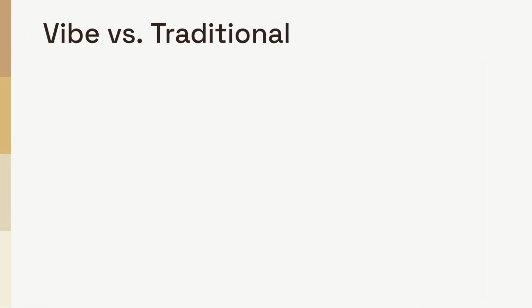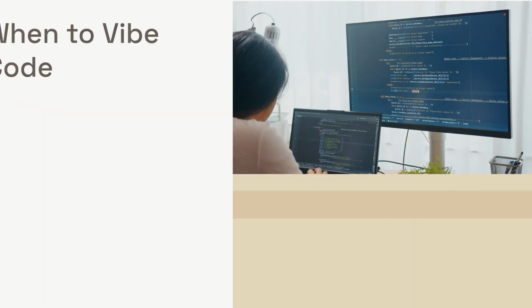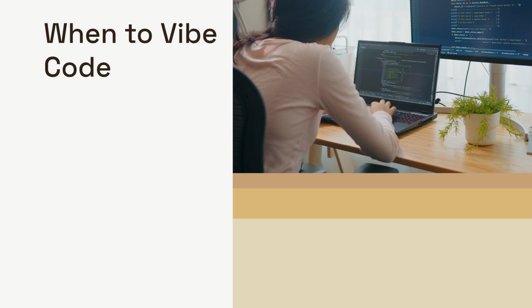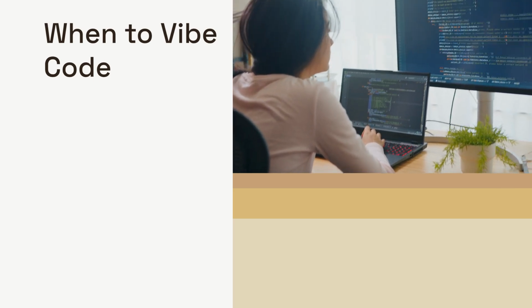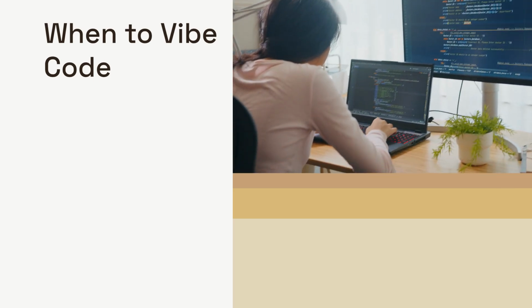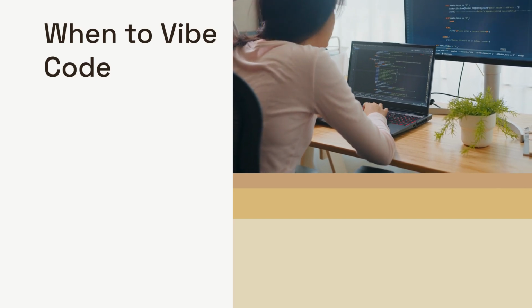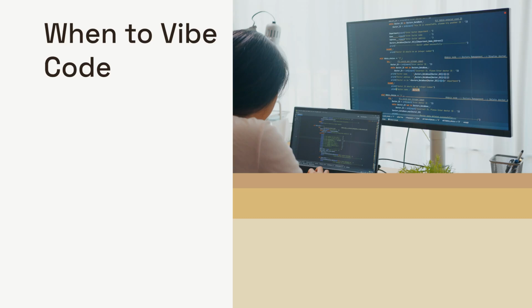How does this approach stack up against the long-standing methods of traditional, standards-based coding? Vibe coding often directly contrasts with best practices, rigid style guides, and formal code review processes, which aim for consistency across large teams. Vibe code is inherently personal. Vibe coding shines best in personal projects, rapid prototyping, and small-scale testing, where only one developer needs to understand the logic and there's no long-term maintenance by a team.